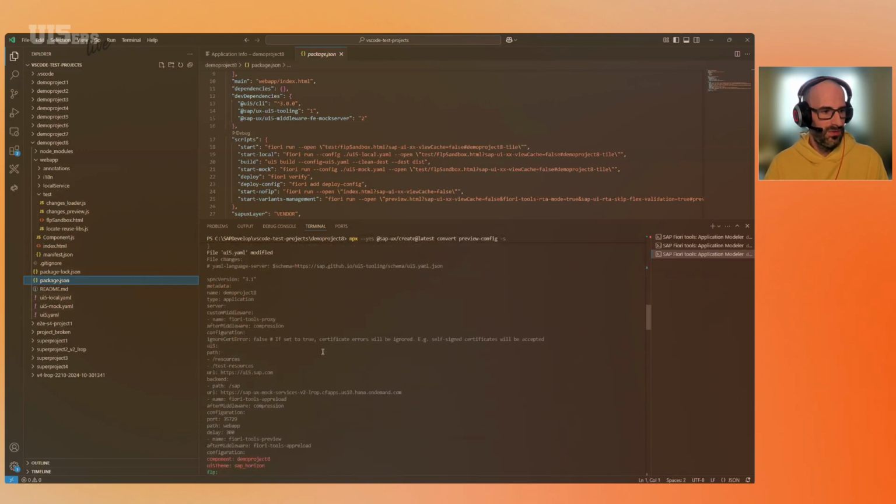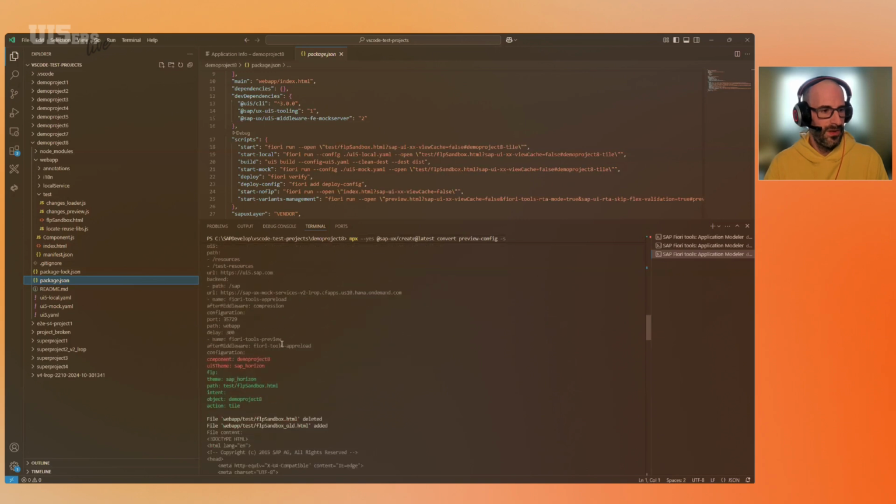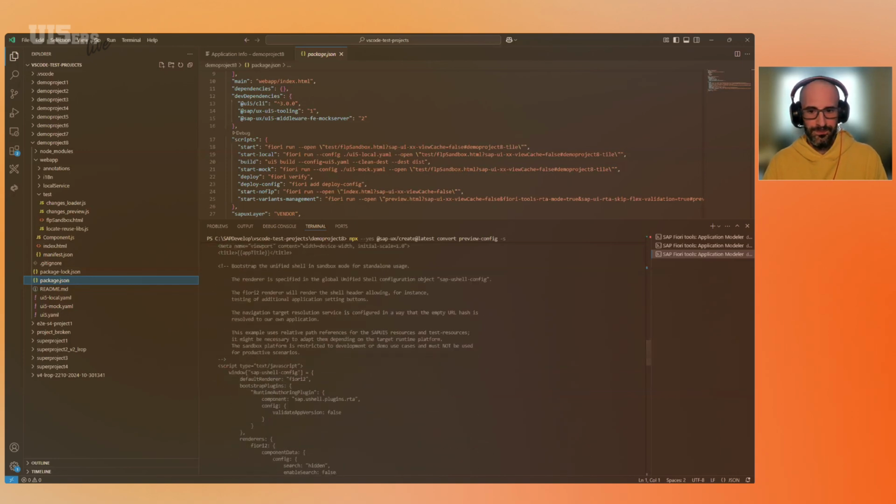If we just have a look, for example, at the UI5 YAML, then you'll see there was a part in there, because I already generated this app with the Fiori tools. So there was already the Fiori tools preview middleware integrated, but now it has been adjusted to have a path, and that's the path for the virtual endpoint for the Fiori Launchpad, and it also includes the intent and the object from this application. So if I now do this for real,